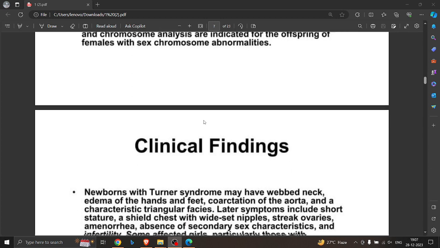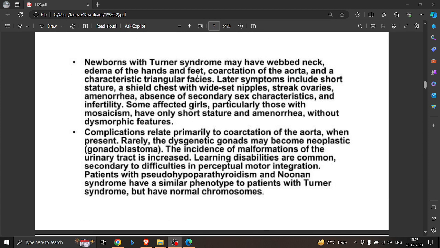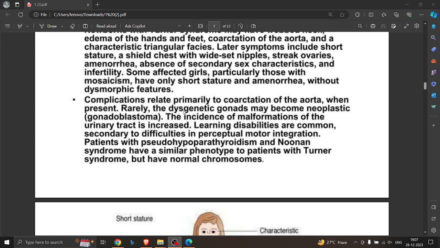Early stages can be found out. So these are some clinical findings. Newborns with Turner syndrome may have a webbed neck. These are the symptoms: edema of the hands and feet, and also, if you see here, later symptoms include